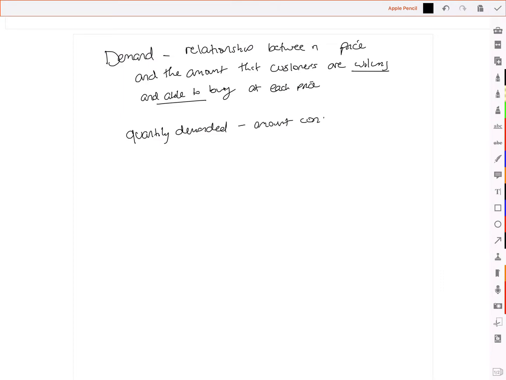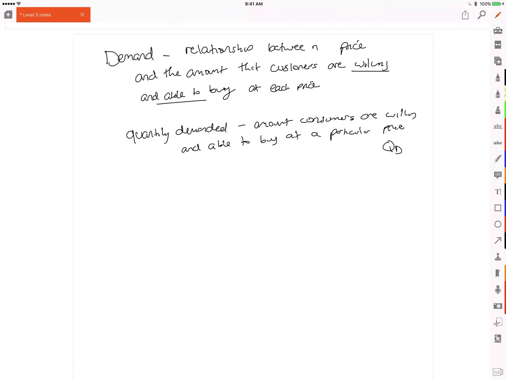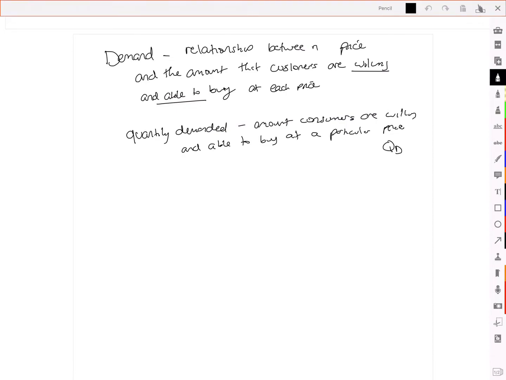So the amount consumers are willing and able to buy at a particular price, and we'll call this QD. Okay, so really we're looking at the relationship between price and quantity demanded when we talk about demand. So we draw a graph to represent that, and we have price here on the vertical, quantity on the horizontal. And we want to look at, as we change price, what happens to the amount we are willing and able to buy. So let's suppose, for example, that a can of Pepsi